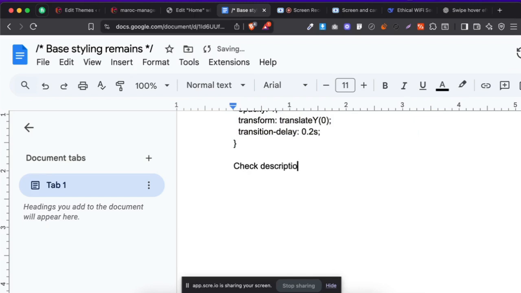And check your description and check my description. Here you can find the code and